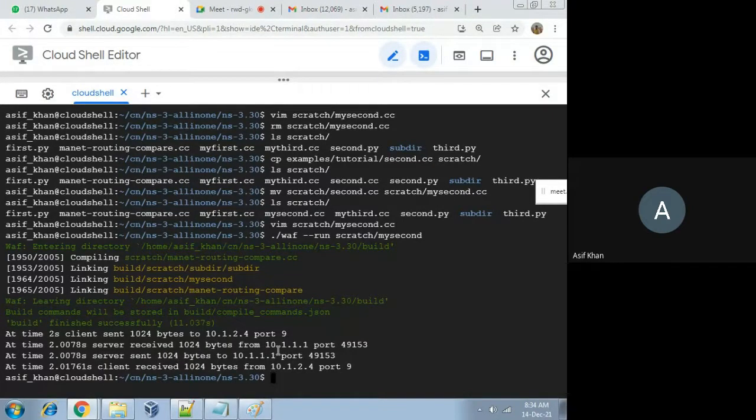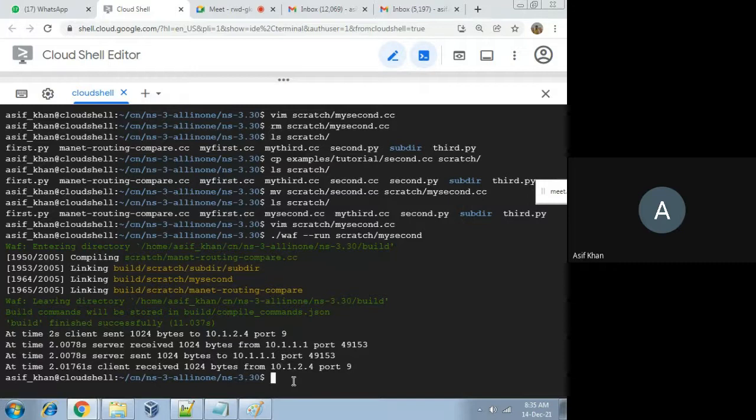So here how many flows are there? Two flows. One flow is from source to destination, from client to the server, and the other is from the server to the client. By default 3 nodes are taken, the nCsma value is 3. You can increase the number of CSMA nodes also. Either you can change the nCsma variable value in the code itself, or you can pass the nCsma value in the command line while running the program.